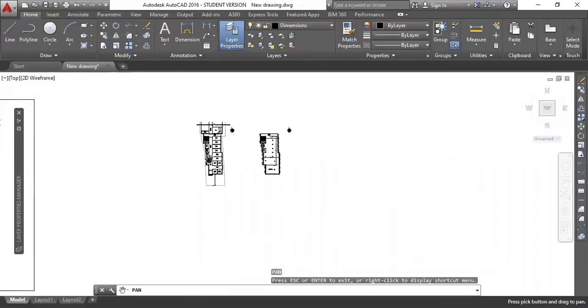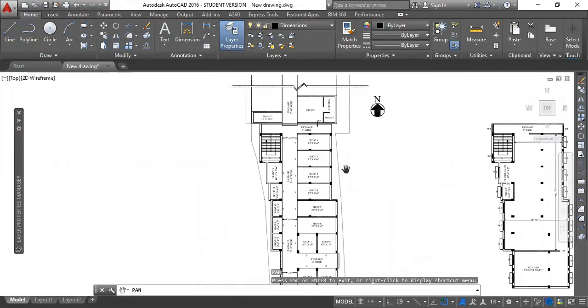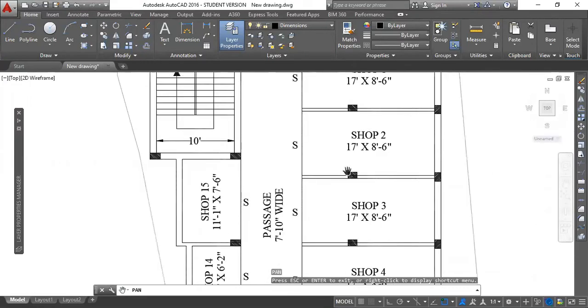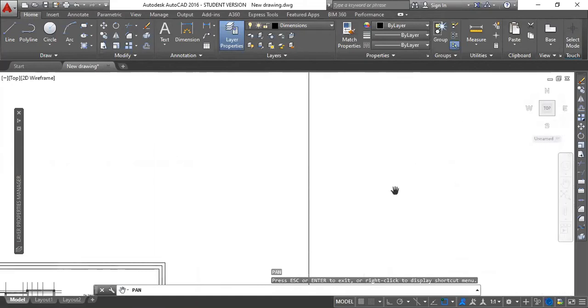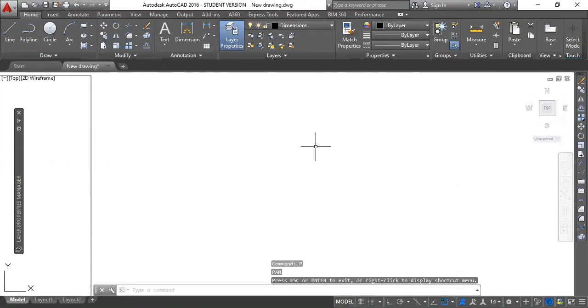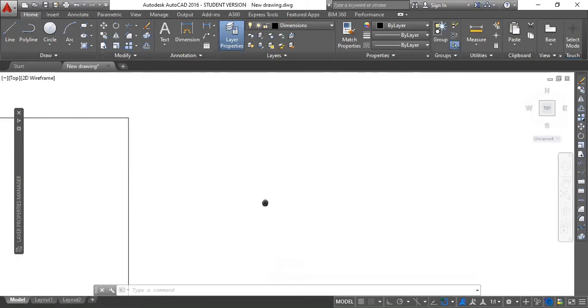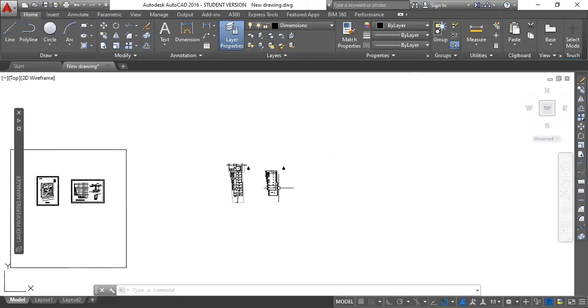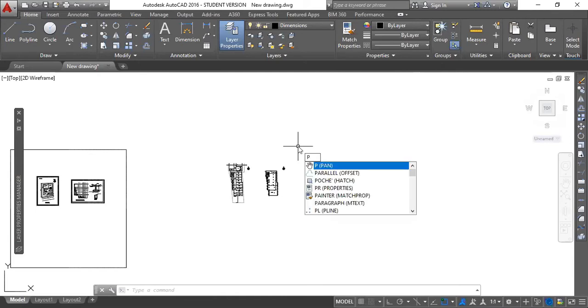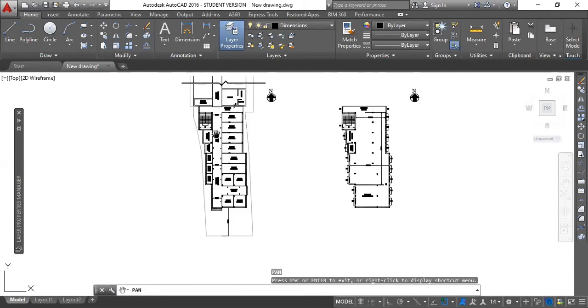Basically, this is useful while you are reviewing your drawings. You can easily zoom in and zoom out, and at the same time you can just hold and drag the sheet. If you have this plus-sign cursor, you cannot do that, so you need to use your middle scroll button. While holding and dragging with the middle scroll button, you can use this pan. You can jump between pan and this cursor tool easily, but if you want to use only the pan tool, you can just use P, enter.